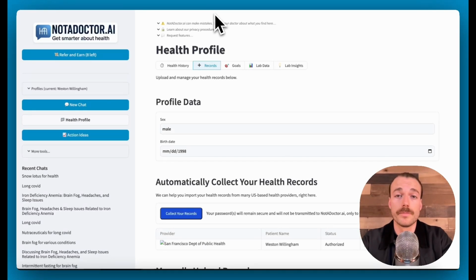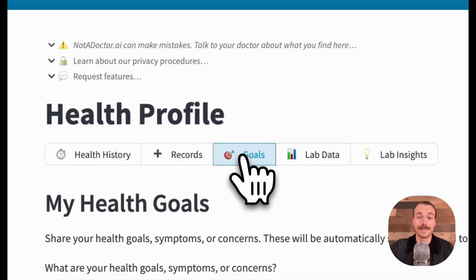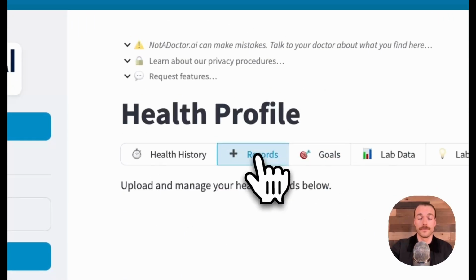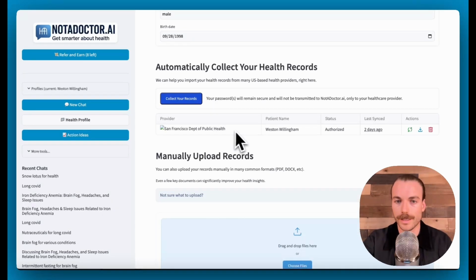So as everybody onboards to the application, I think that there are two incredibly important steps that you should take to get the most out of the experience in the application. First off, if you set a health goal, it'll steer and cater the content of the application to exactly what you want to fix, what you're curious about, what conditions you might have. Additionally, if you upload records, it would really make this application a worthwhile experience, and you can do that by,